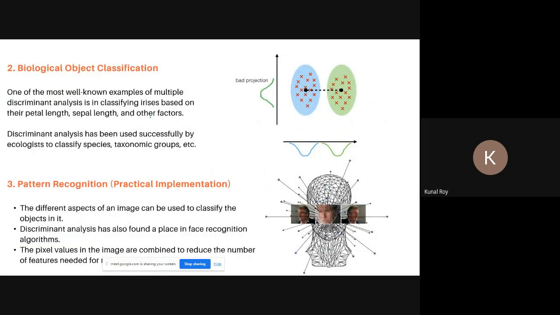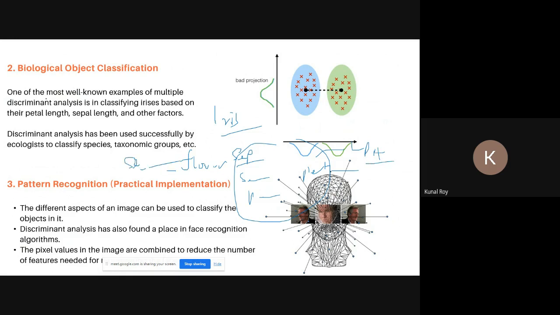Next, biological object classification. As I already discussed, iris data classification. I have taken an anonymous flower. I am calculating the sepal length of that flower, the sepal width, the petal length, and the petal width. After calculating this, I am applying linear discriminant analysis. Then I can say that it comes under the category of setosa or something. So this can be a biological object